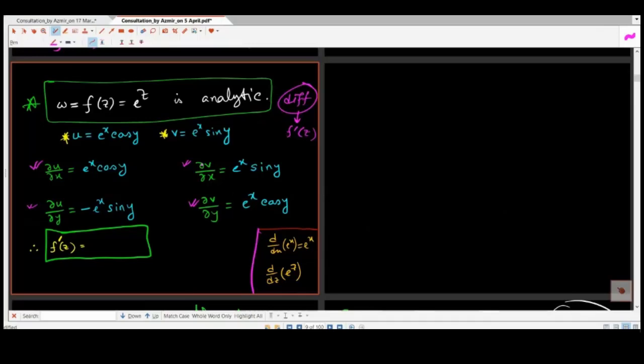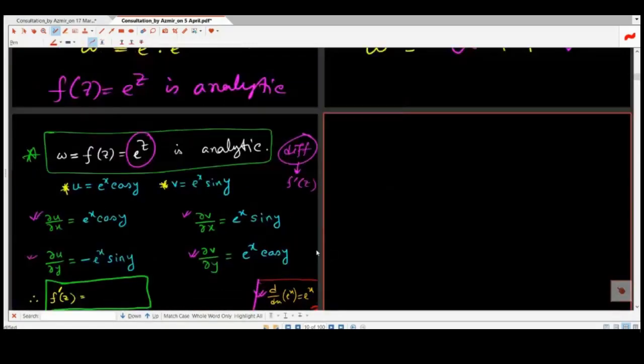So we are going to evaluate the derivative of e to the z. d dz of e to the z will be what? We can think about the real valued derivative. We know d dx of e to the x equals e to the x. Similarly, we will get the same result here. d dz of e to the z will be e to the z. But how? So the answer can be given